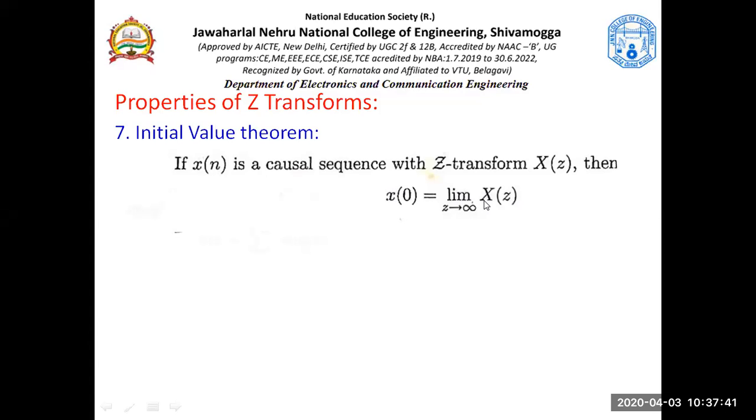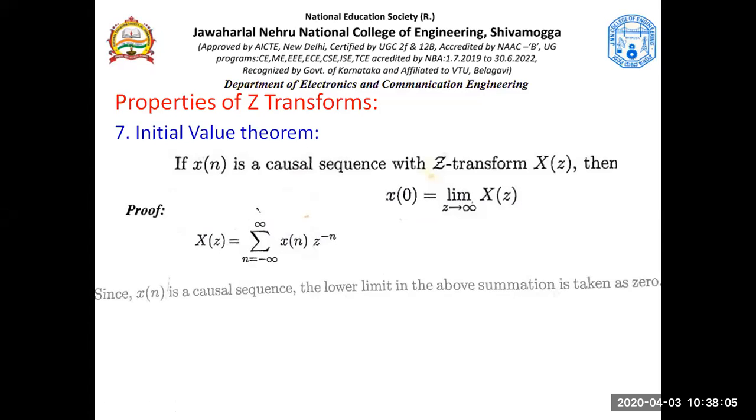So how is that? It needs to be looked at. This is the equation we have for X of z. From this, suppose I want to separate the 0th sample from this summation. This summation is now from minus infinity to plus infinity. x of n is causal, right? Since x of n is causal, x of n extends from 0 to infinity. That's why it becomes